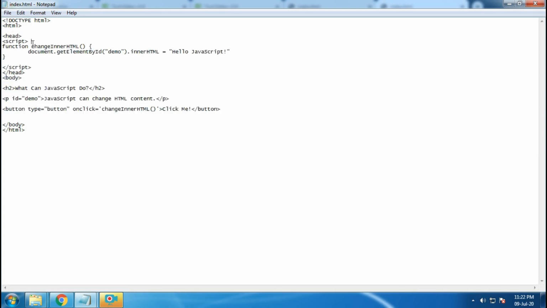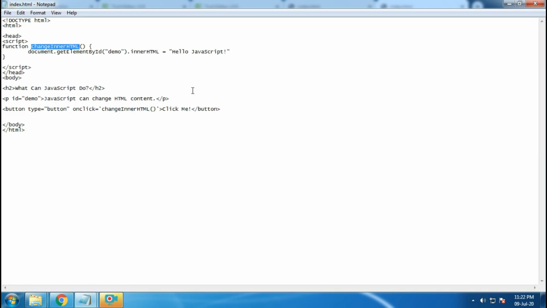Currently, if you see in our code, we are accessing this demo, it means this p tag, in our JavaScript. And currently we are calling this changeInnerHTML after this button renders, because only when this button renders will you be able to click on it, and then it will call this changeInnerHTML.